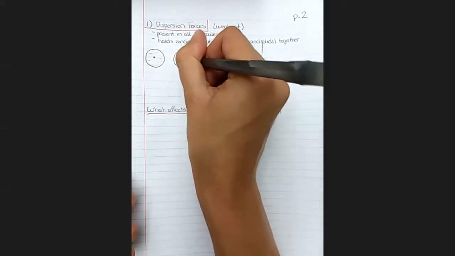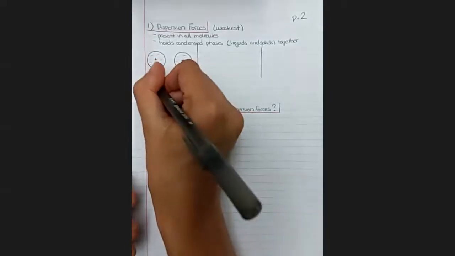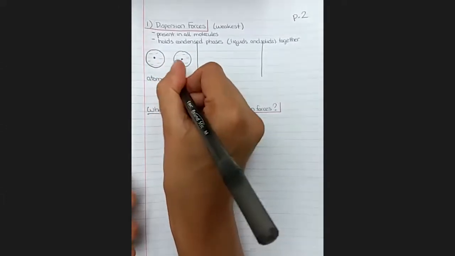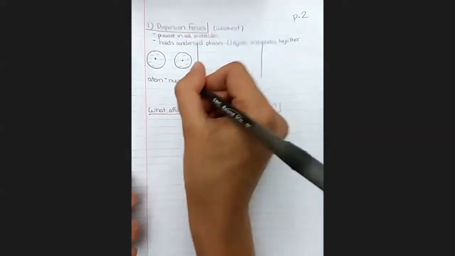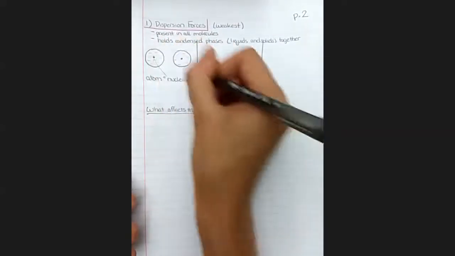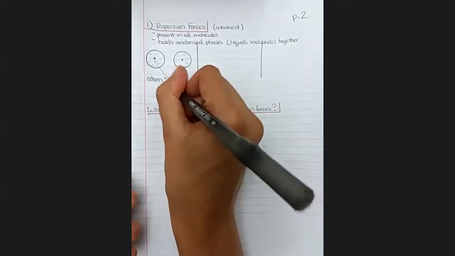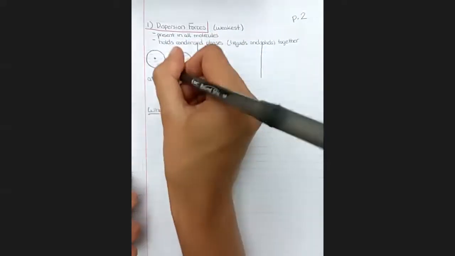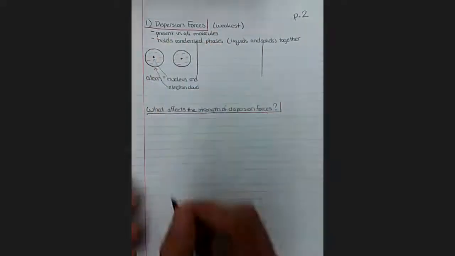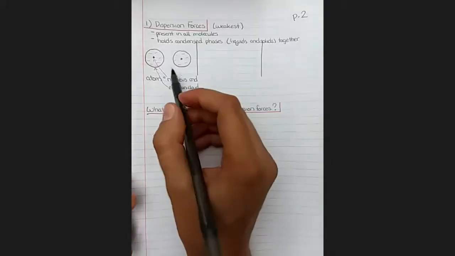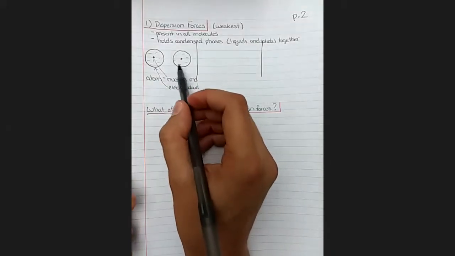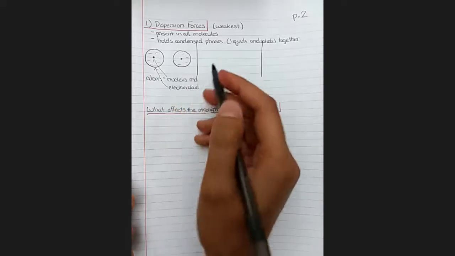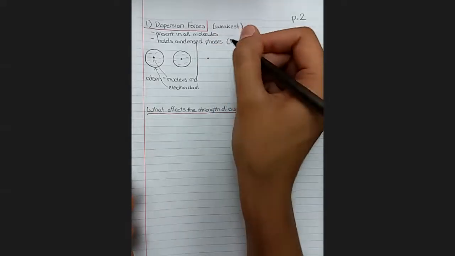And here's another one, because these are intermolecular forces, so we need to have at least two molecules. So this atom is the nucleus in the center, and the electron cloud around the outside, where we're statistically most likely to expect to find electrons. Okay, so what happens is that the electron cloud is full of individual electrons, and each of those individual electrons is moving about on its merry way, randomly in a straight motion, just like we talked about in the